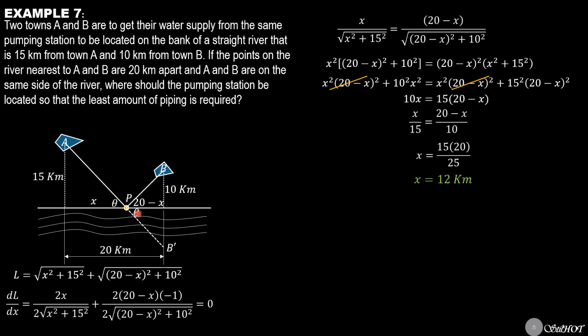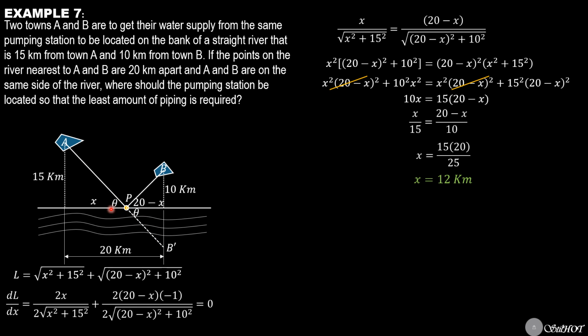I call that theta, that's also theta. So x adjacent is to opposite equals 20 minus x adjacent is to opposite, which is 10, because this is 10, this is also 10. So that's the result. You may encounter the same problem and charge it to your experience that the shortest length of pipe is such that we just straighten that, we just reflect the other length about that straight path, and of course common sense, that should be the shortest length of pipe.